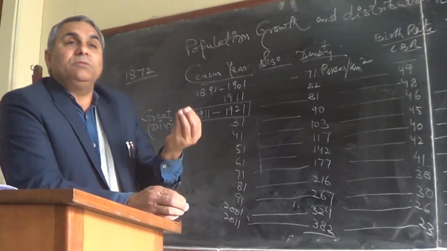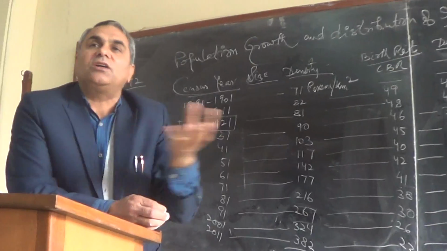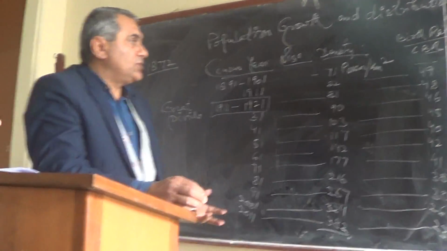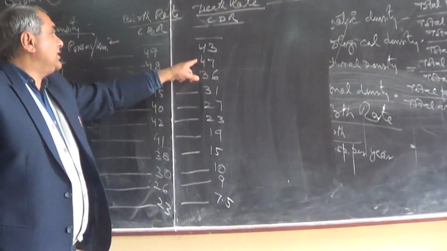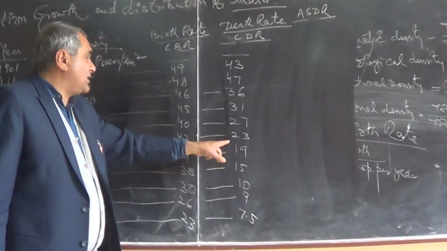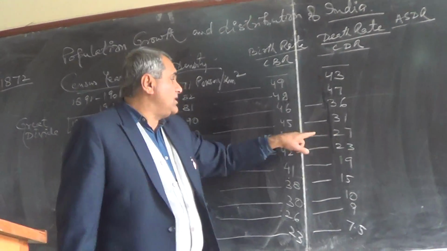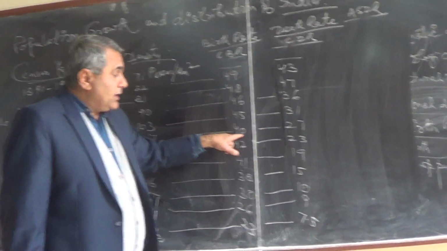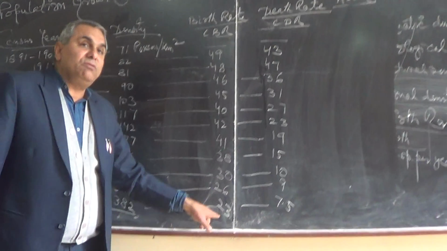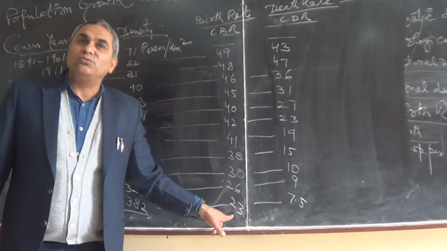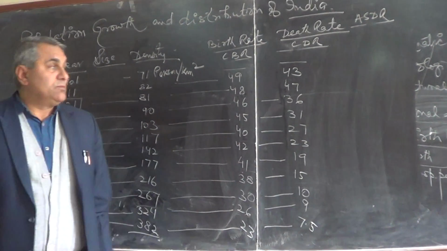So earlier only medical technology was concentrated in urban areas, so people were rushing to the urban areas for their medical security. That's why we controlled the death rate. So here it was almost same, but at the time of independence in 1951, it was 27, it was 40. And today it is almost 7 and it is still very high. Birth is very high. So we have the large population birth rate.